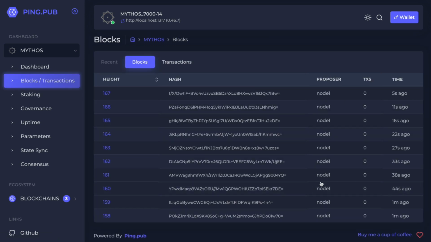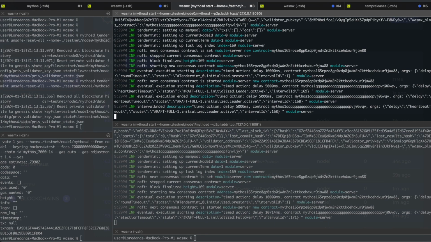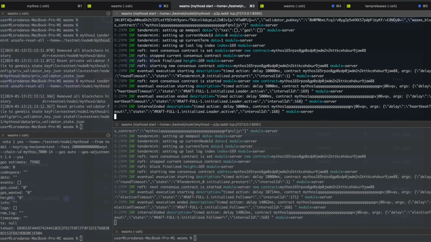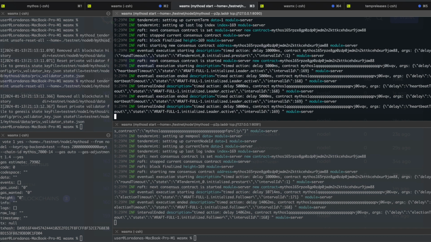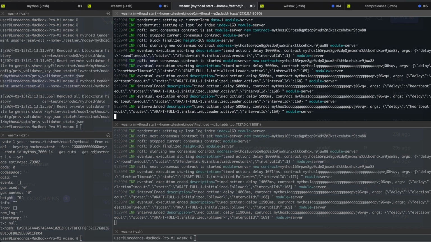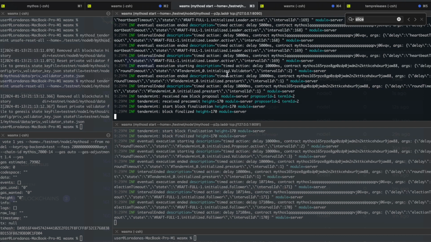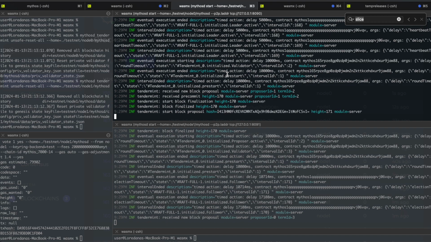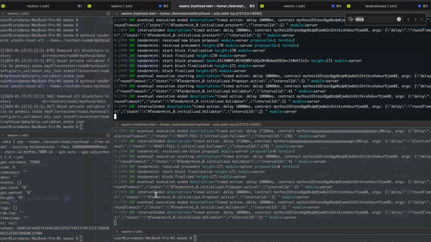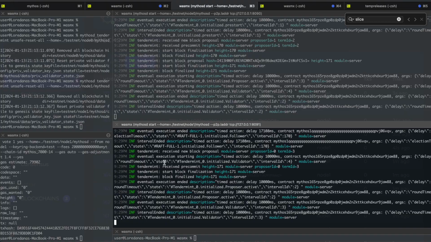And still node 1 is finalizing and proposing blocks. And we already see the Tendermint contract working, and it is working in both nodes.